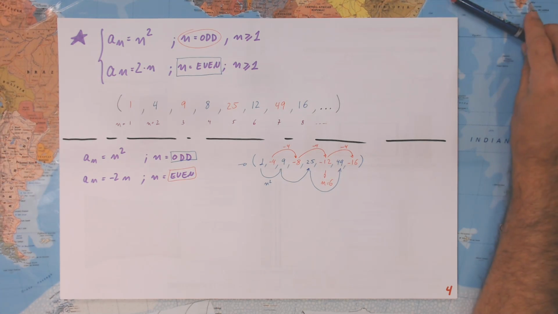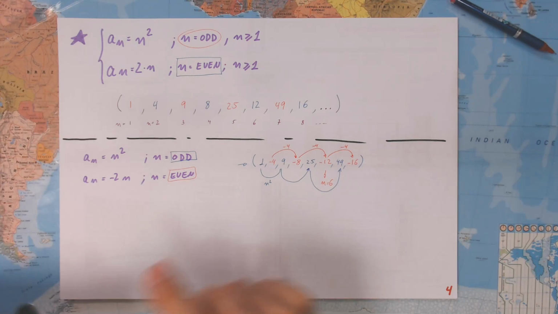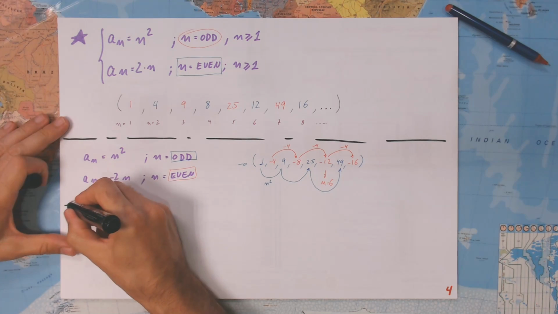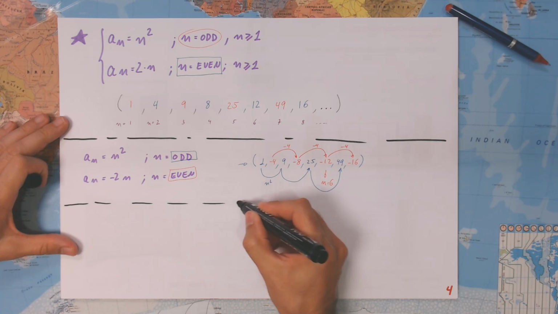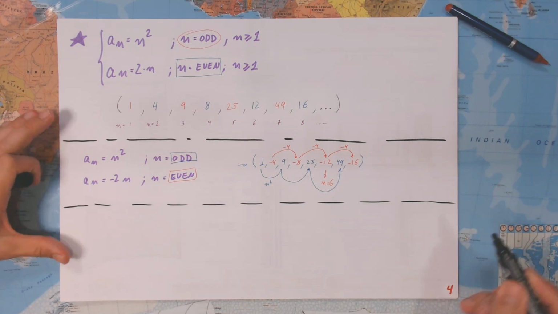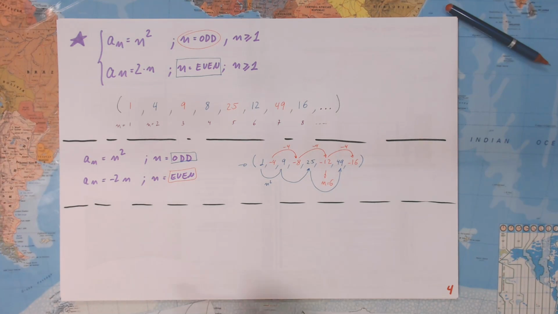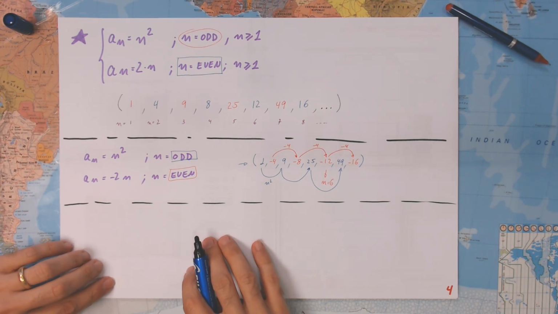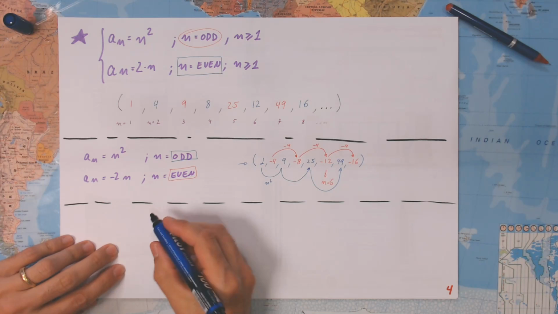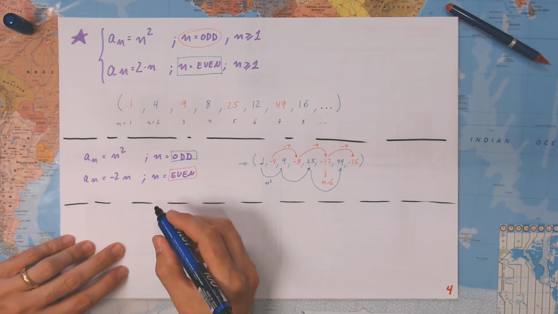Now let's see a different one, okay? This one is going to be a little bit more complicated. Now, try to see this one. I'm going to give you now this sequence, and we're going to try to complete the sequence. Okay, this is going to be like this: